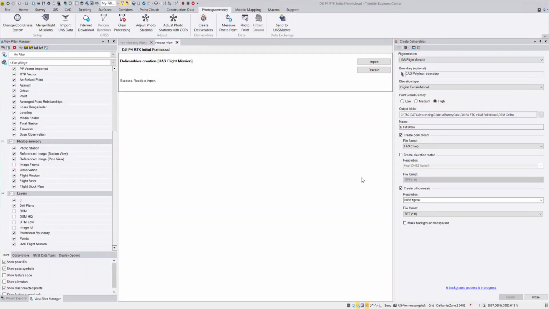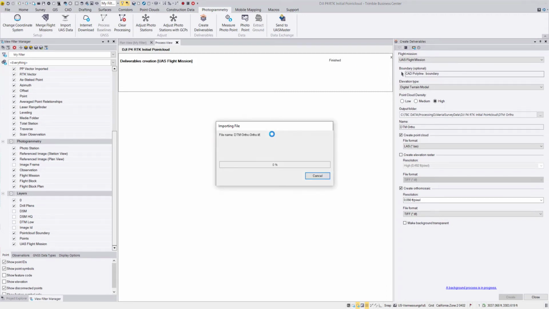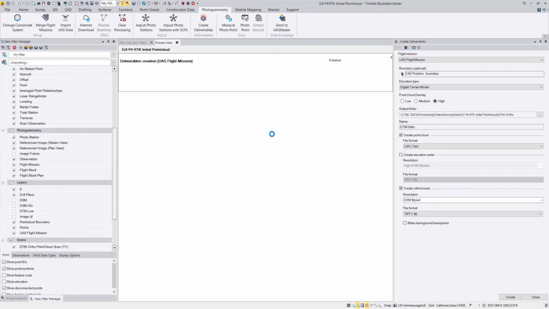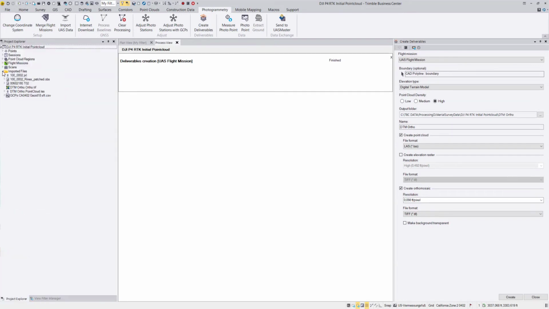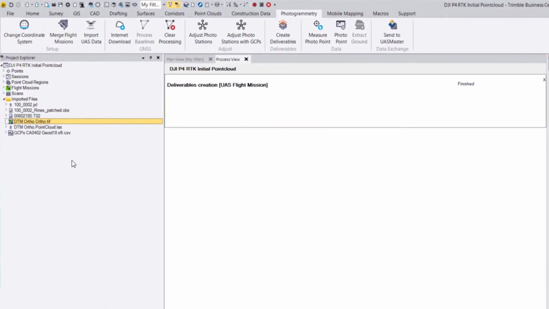So here we go, the processing is done. We hit import. We will now import this digital terrain model point cloud, and from the point cloud it's extracted auto mosaic, and they will be added to our project. So in the project explorer, when we go to imported files, we will now see our Orthophoto, which is in this case the naming that we used here, so dtm auto.auto.tiff, and then the naming is also used for the point cloud, so dtm